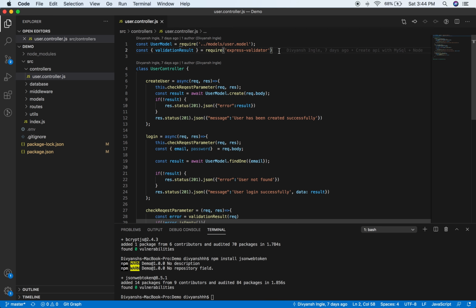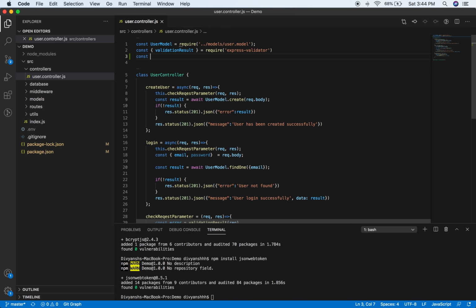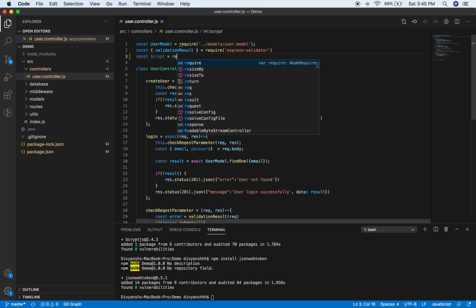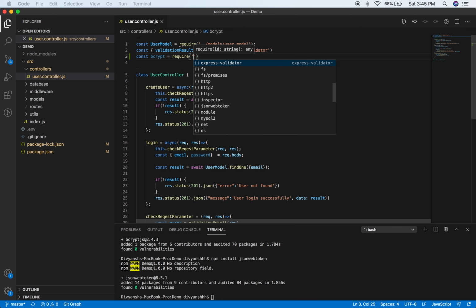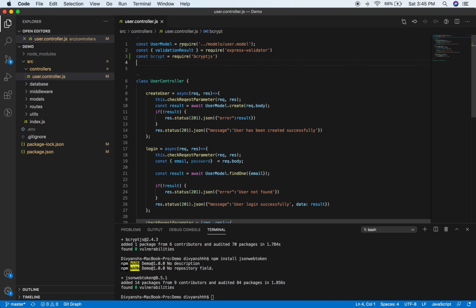So let's add the dependency first. I'm going to import or require, you can say, decrypt, require decrypt.js. The second one is JWT, require